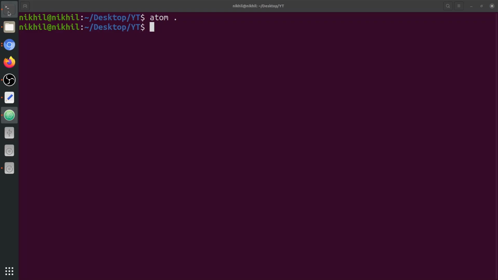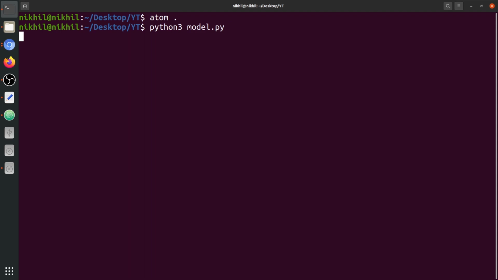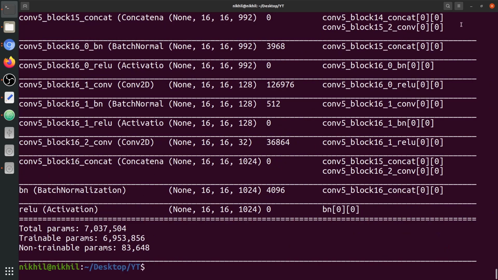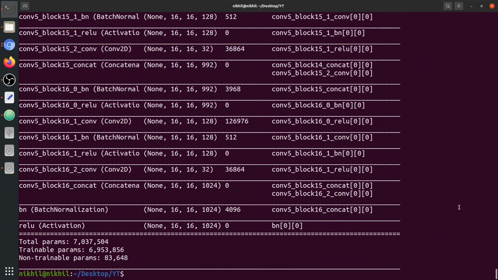Now we're gonna run it. I hope you can see everything clearly. I make sure the font is good. Okay, so we can see some TensorFlow message. Let me zoom out a little. Now you can see the last output layer is 16 by 16 by 124. So that's the effect of not saying include top is equal to false.